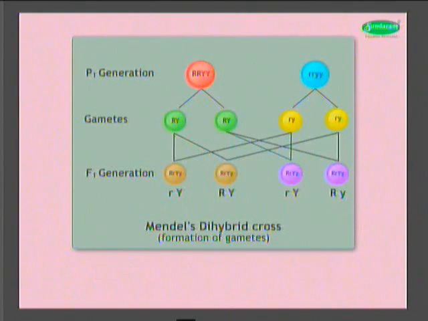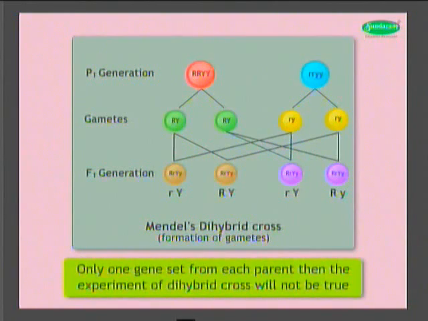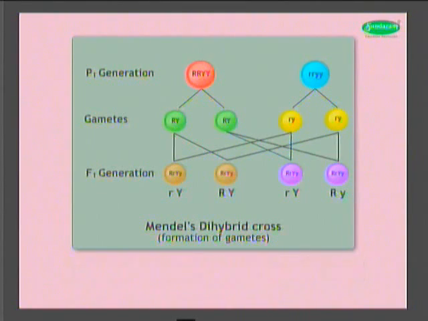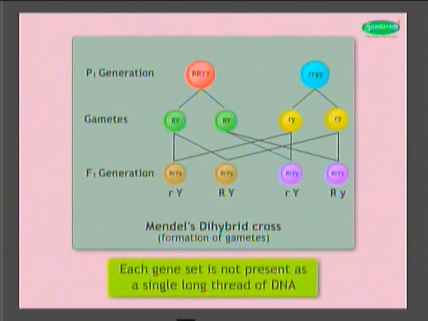How do gametes or germ cells make a single set of genes from two sets? If the progeny plants inherited only one gene set from each parent, then the experiment of dihybrid cross will not be true, as two traits, namely R and Y, would then be joined to each other and cannot be independently inherited. But it does not happen that way, because the fact is that each gene set is not present as